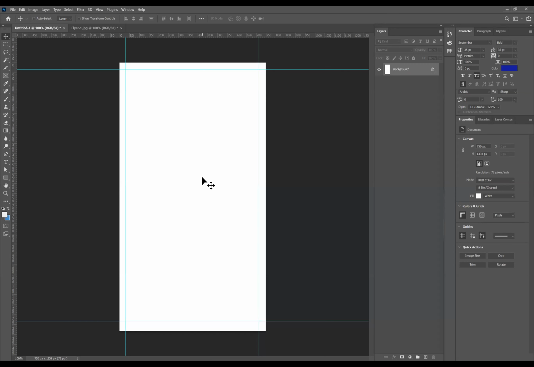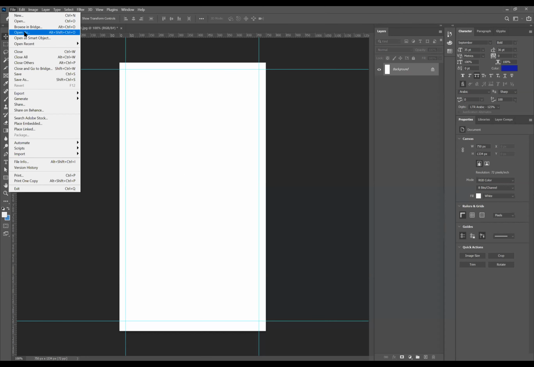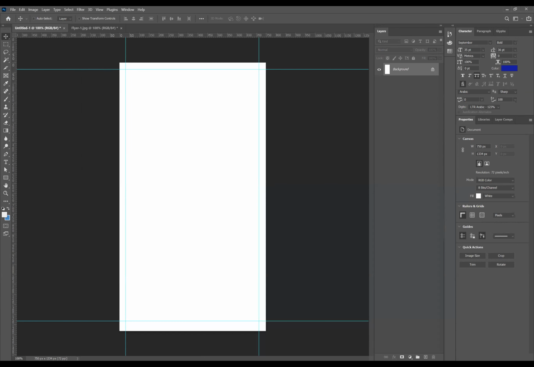To bring in assets from folders, there are multiple ways. One way is to go to File and Open. And another way is to go here to your browser. So let me share the whole screen.